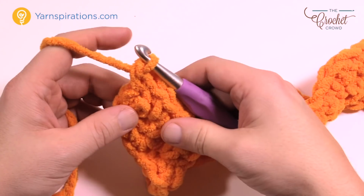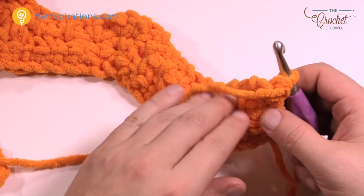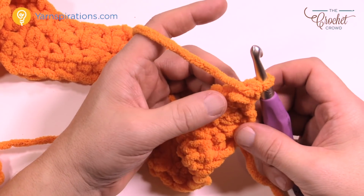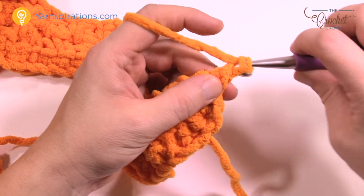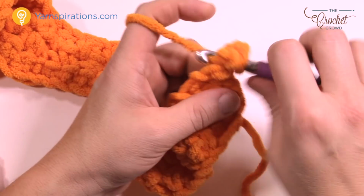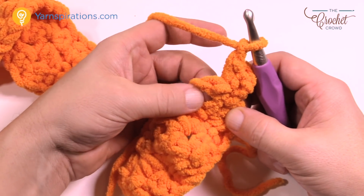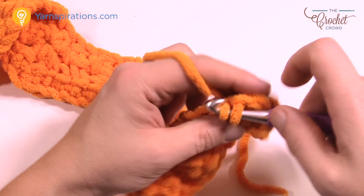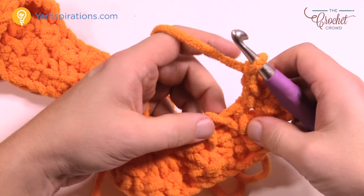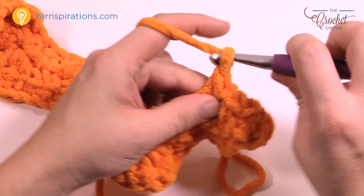So the row I just did is a repeat of what you already know. So now it's just a matter of repeating what you already know. So let's just quickly get you started. This is a repeat of row number 3 again. So chain up 1 to begin, 2 single crochets into the first stitch, and then chain 1. So just pull, you can see it, here's the chain 1 space. So just go in there, single crochet, chain 1, go into the next space, single crochet and chain 1,